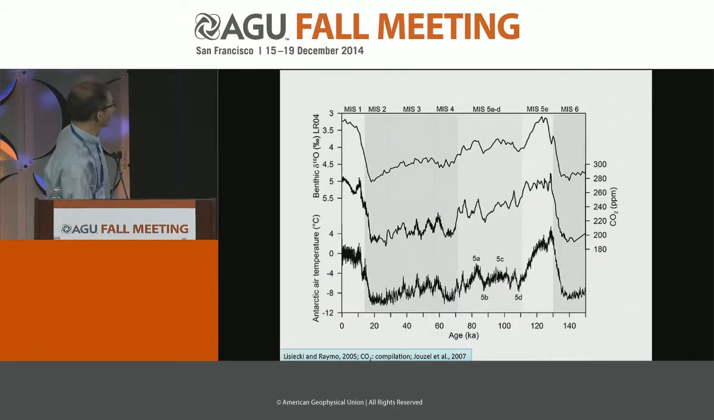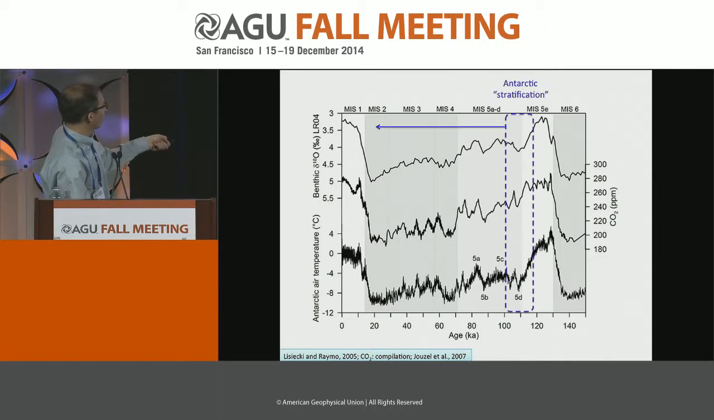Okay, so to summarize, I have the atmospheric CO2 record for the last glacial cycle in the middle, flanked by the oxygen isotope record and Antarctic air temperature. And so we have the interglacials here and here. And so what I'm proposing is that starting at the end of the previous interglacial, the 5E to D transition, Antarctic stratification